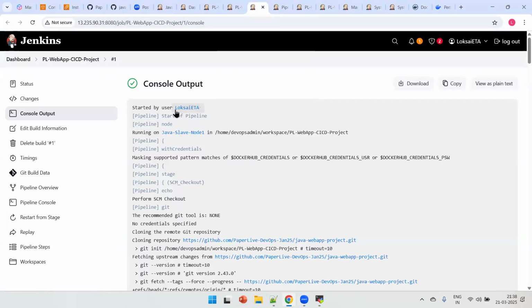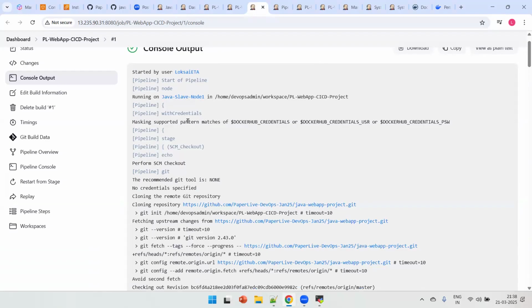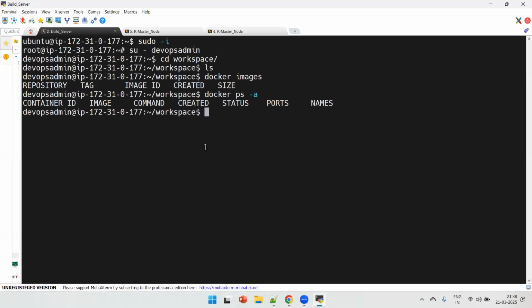So this is a job started by this user, running in slave node 1, and you can see it has downloaded the credential also from the credential manager. The source code has been downloaded. It is cloned to the repository. So if I go to my build server,